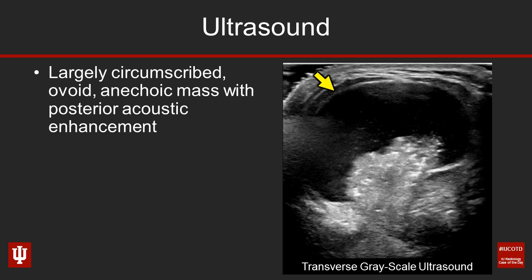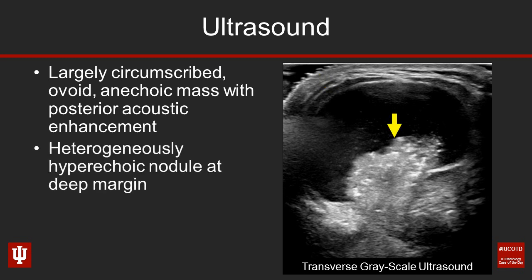Okay, so let's take a look at the imaging. First up, we'll look at the ultrasound. And what you can see is a largely circumscribed ovoid anechoic mass. It does have areas of posterior acoustic enhancement, but it's not entirely anechoic. And importantly, you can see that we have a heterogeneously hypoechoic nodule at its deep margin, denoted here by the